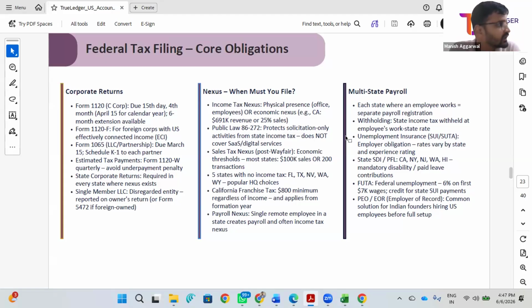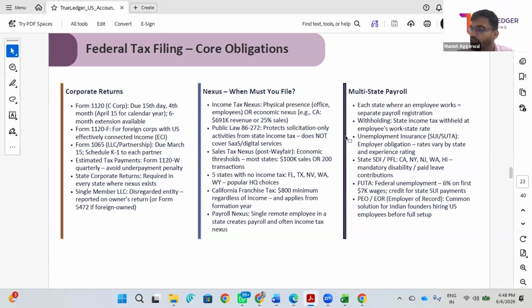And as I said, you can form a company or you can form an LLC with a partnership structure. Then the tax return applicable is 1065 and it is due by 15th of March. And also you need to make estimated tax payments, similar to India's advance tax, so that you don't end up with an underpayment of tax at the end of the year. There is no tax liability for the underpayment of the tax liability. Also,